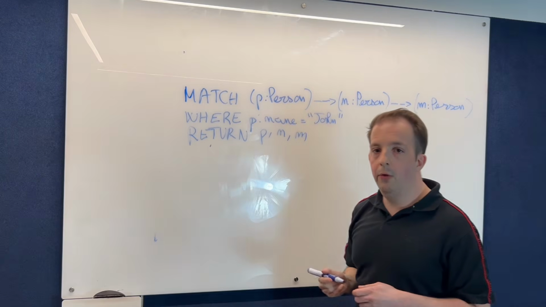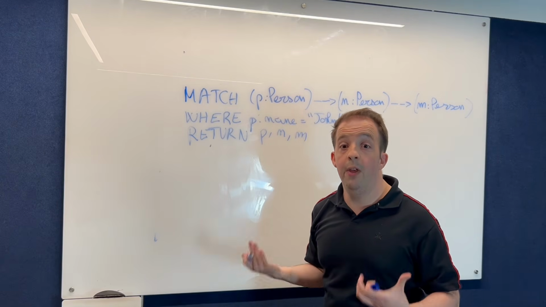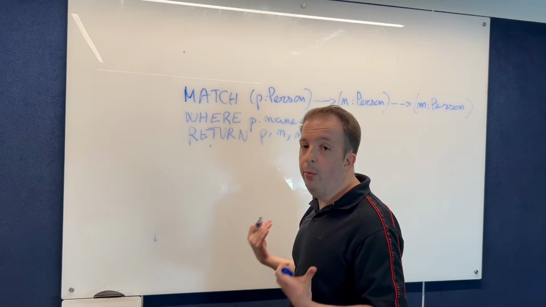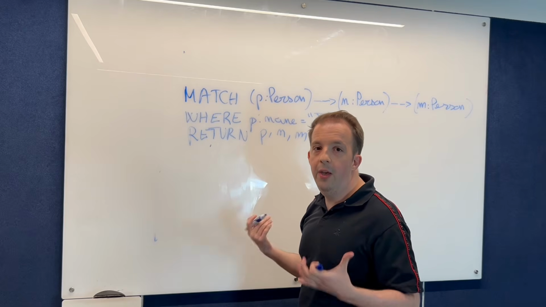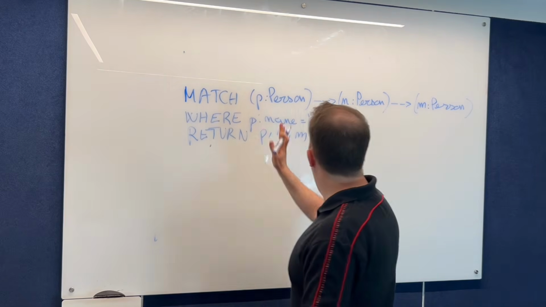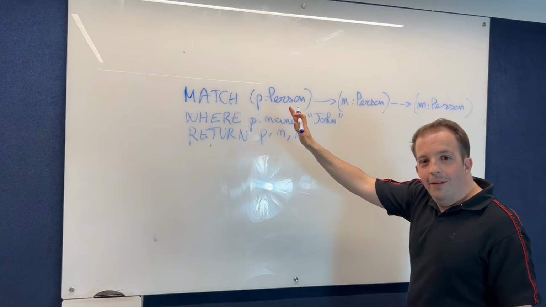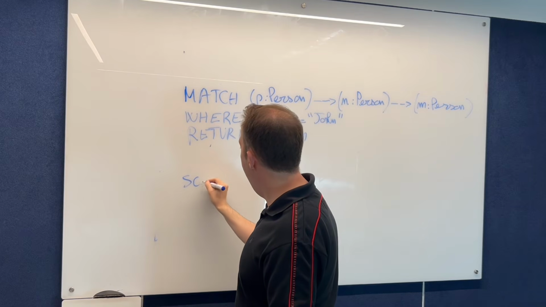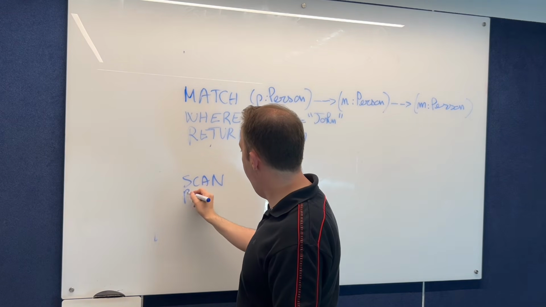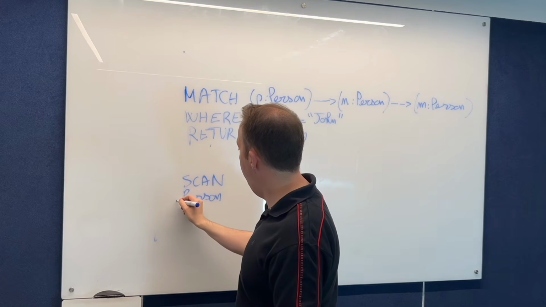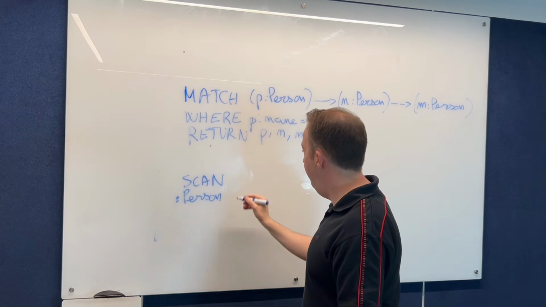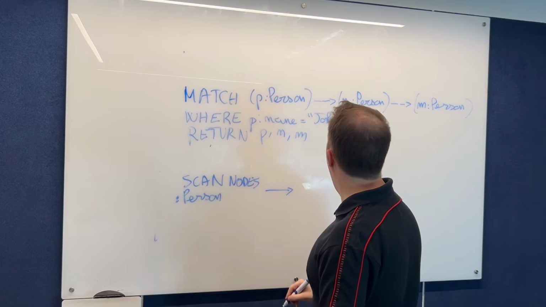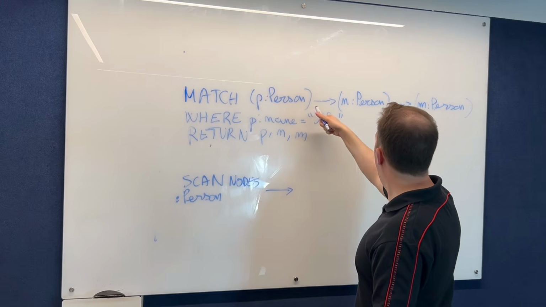So the way we interpret such a query, the way we execute such a query in the engine, is by building a query pipeline. A query pipeline is very simply the sequence of operations the engine will execute. What it will do is kind of nearly already said in the query itself, right? It needs to scan all the persons, all the nodes with the label person. So scan nodes with the label person, then feed that result into